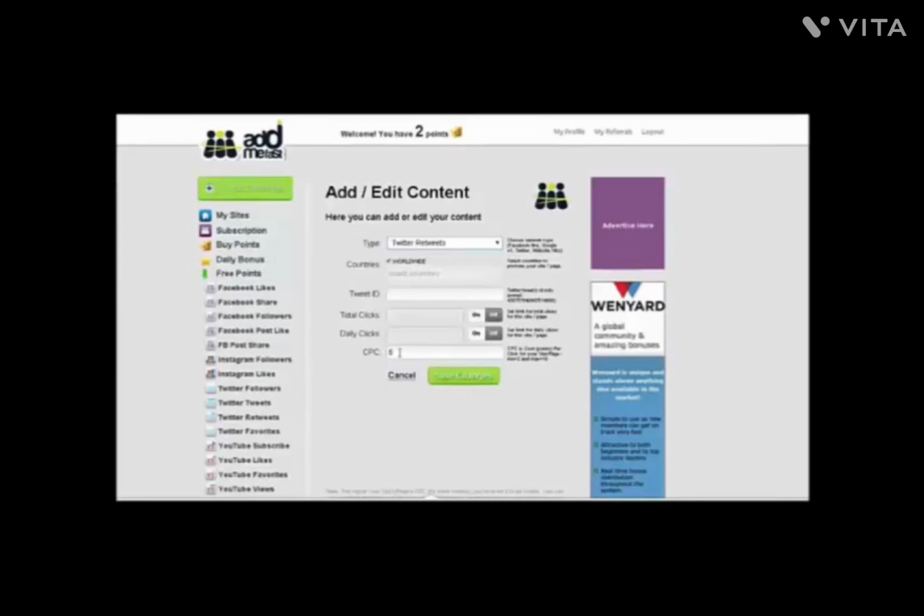So imagine like a paid traffic campaign of paying 2 cents per click. Well, you're paying 5 points per retweet that you get from other members. But let's go ahead and head on over to Twitter, and I'll explain how to get really, really targeted leads using this.